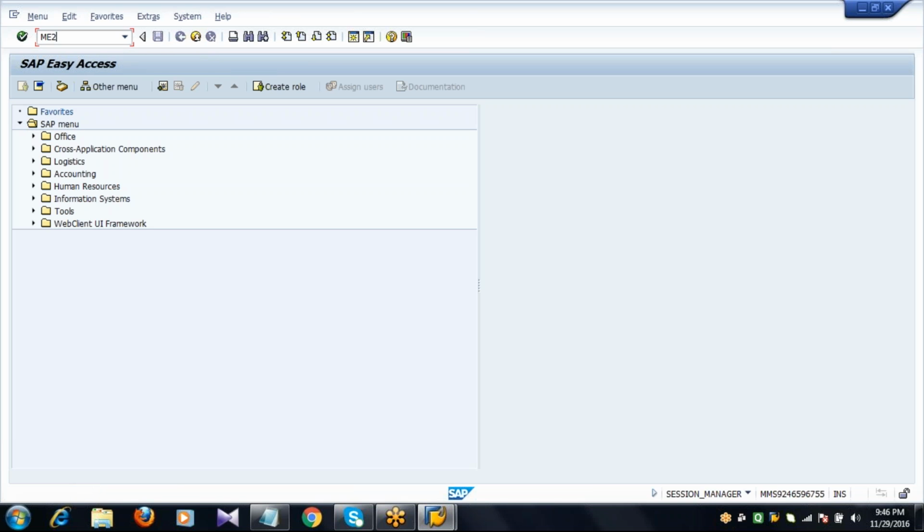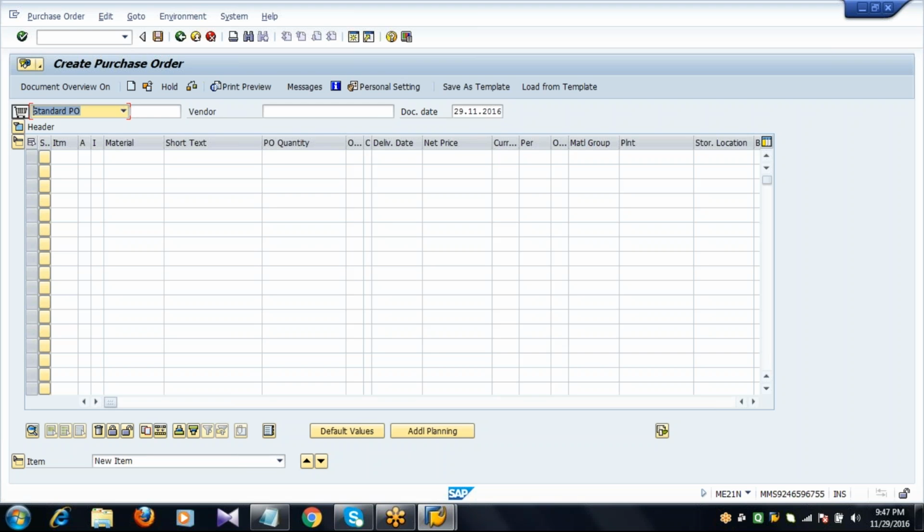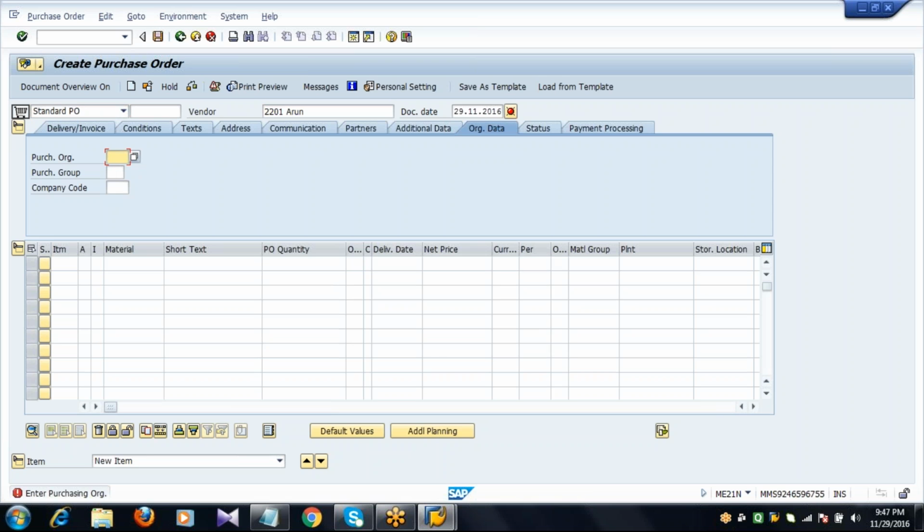Now to see the behavior, create a purchase order.